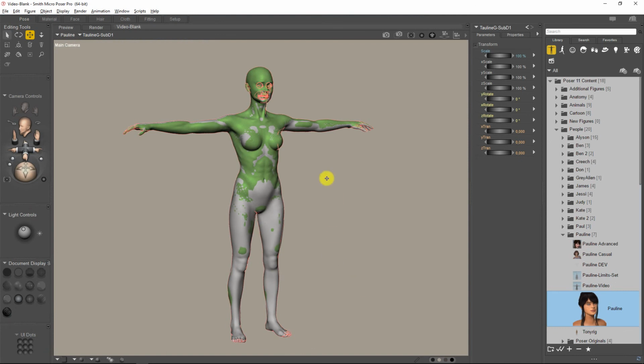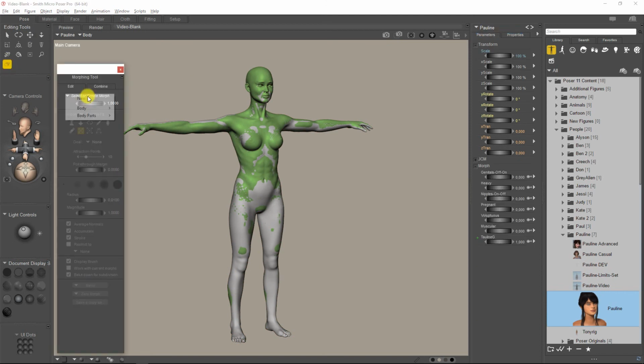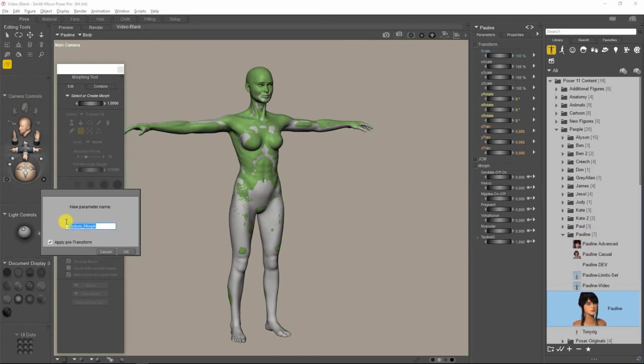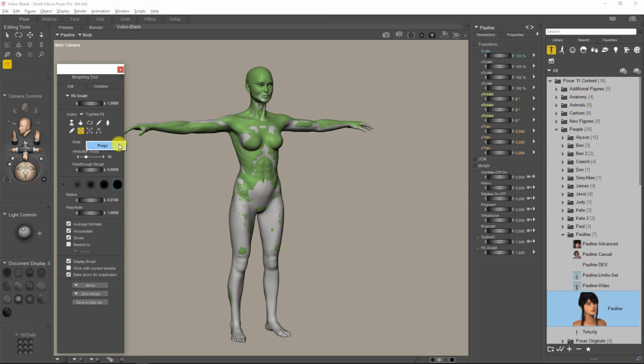Both object files are now in the exact same position, and first select the body again. Using the morphing tool we can create a new morph. Let's call it HD sculpt. Then you set the sub D level 1 OBJ file, attrition points 10. I think I prefer a higher size brush to start with, magnitude 1, bake down for subdivision on, and now